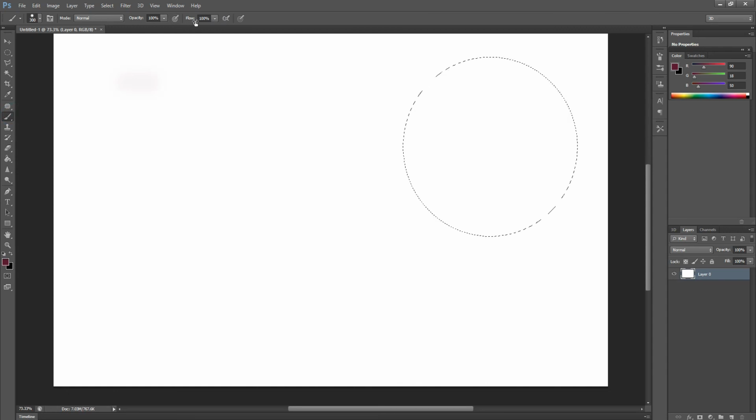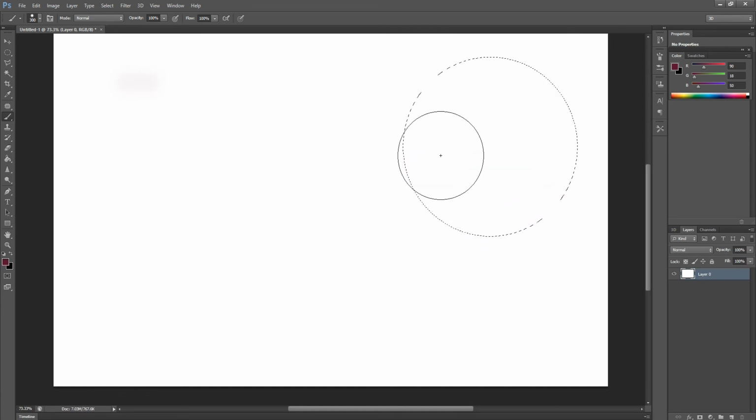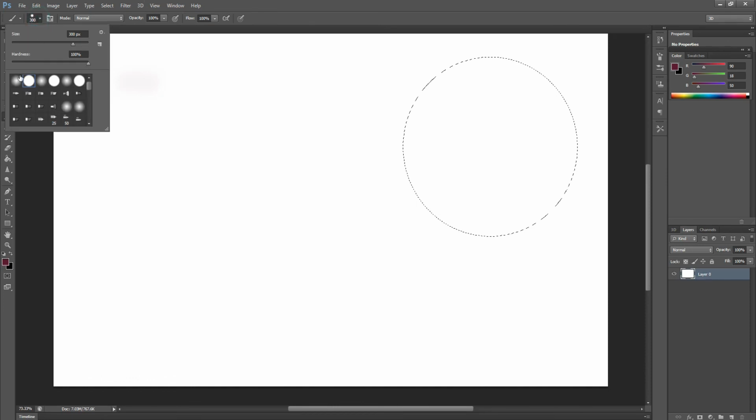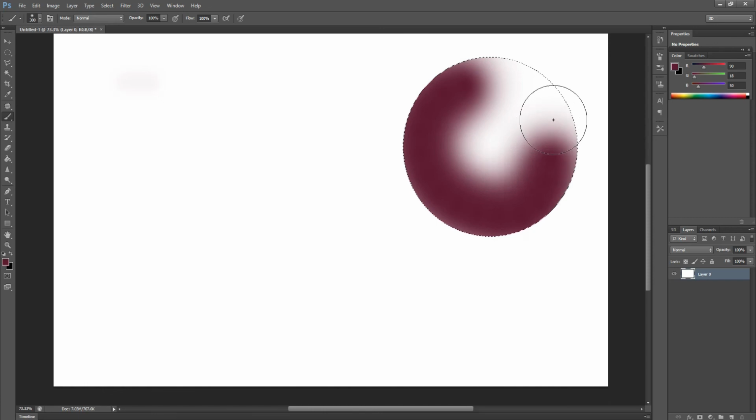Right now our flow is 100%. So we'll press Control Z and take the soft brush, then apply the colors. It applies the color at 100% flow.